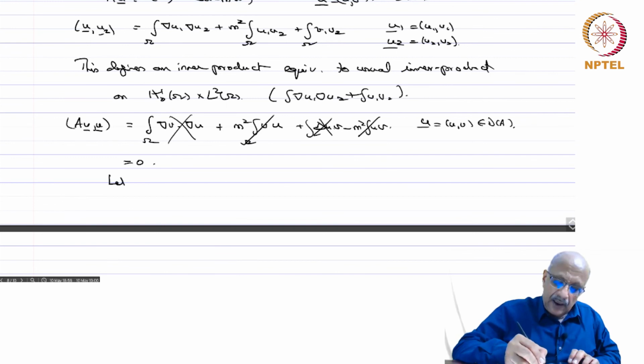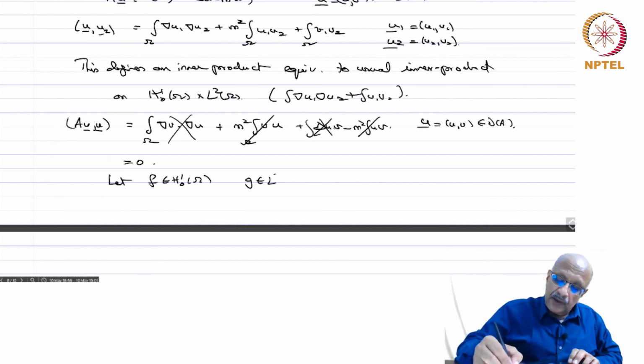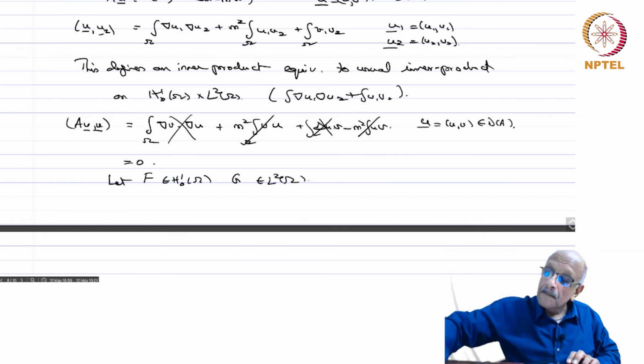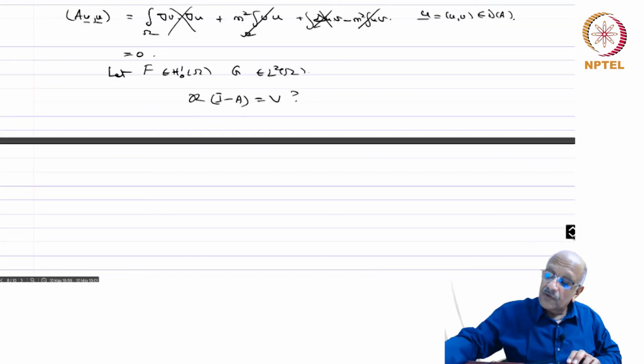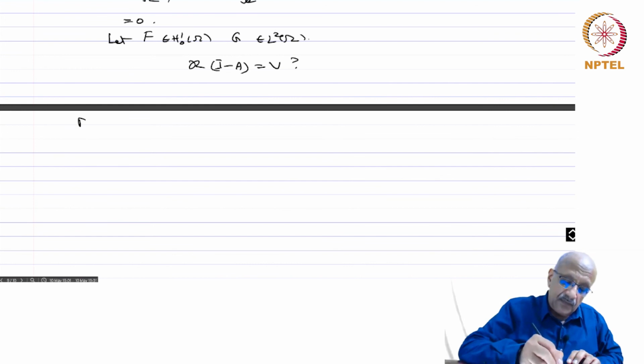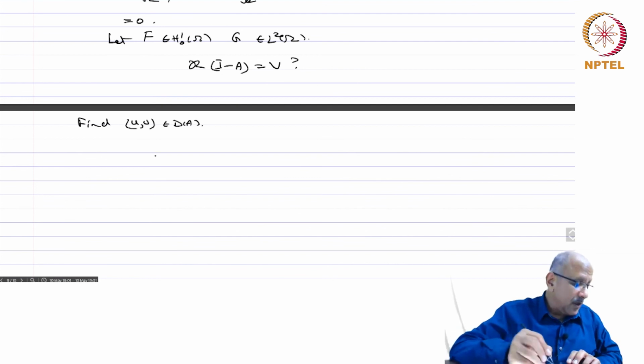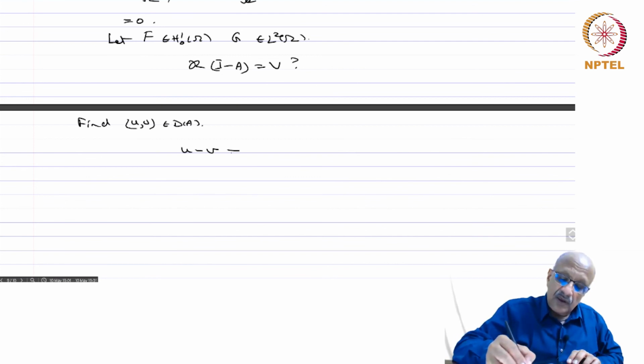So, now let F belong to H^1_0(Omega) and G in L^2(Omega). Let me write capital F and capital G so that I do not confuse them with the initial data given to you. We want to show that the range of I minus A is everything. So, we want to solve the following equation: find (u, v) in the domain of A such that u minus v equals capital F and